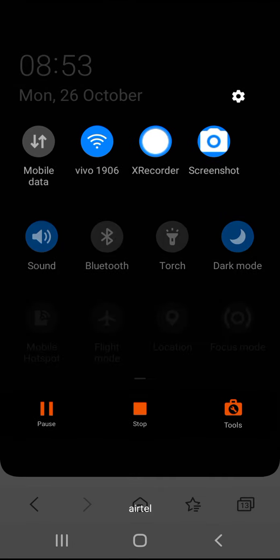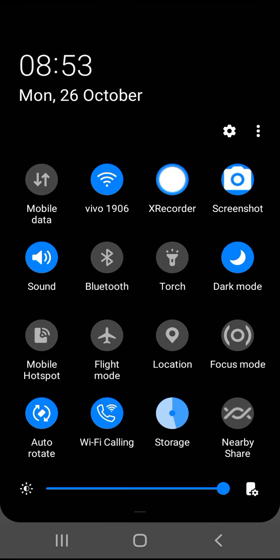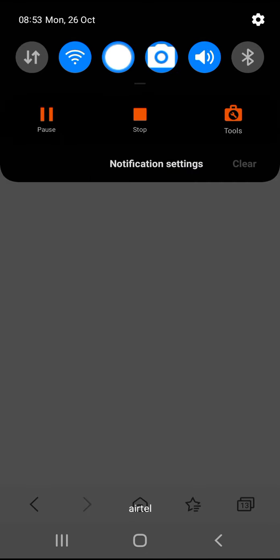After clicking on the create option, one file will open. Till it is open, you can switch off the rotate option. Or if you don't want to switch off the rotate option, don't. After switching off the rotate option, see, now also it is not done.